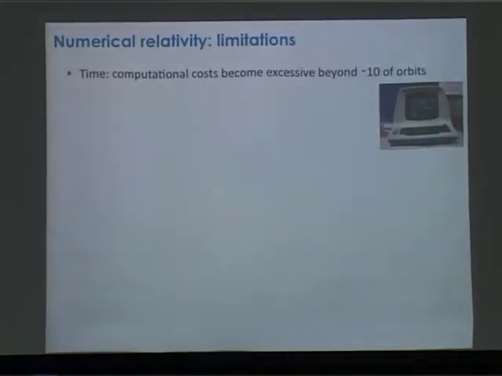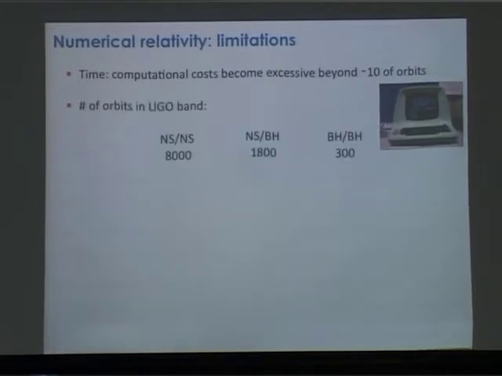Okay, so numerical relativity, that's really great, but why do we need these analytic methods at all? Numerical relativity can do all these wonderful things. Ultimately, as I said before, time is the thing that limits you. It's very hard to do more than, say, around 10 orbits. It starts to become very computationally costly. People have certainly done more than 10, but it's very expensive.